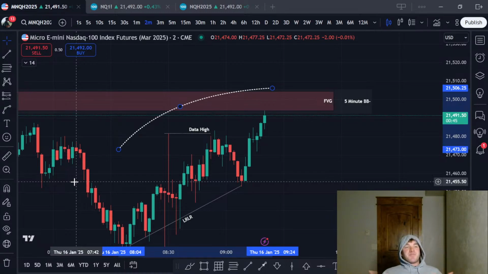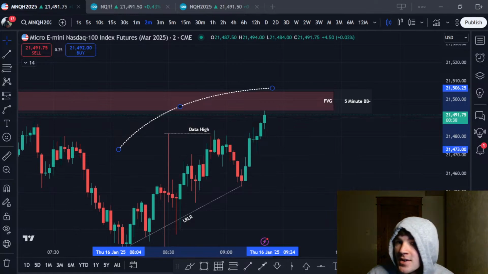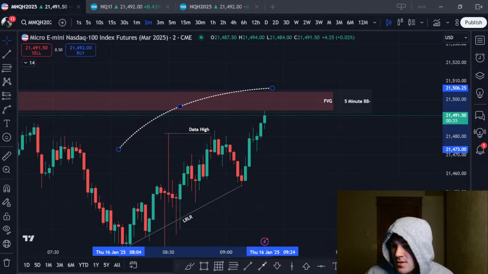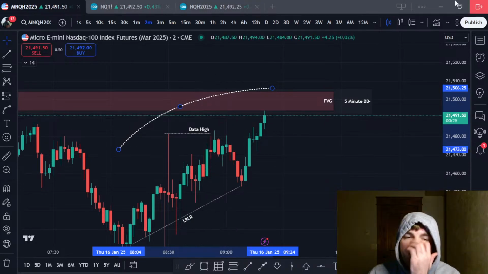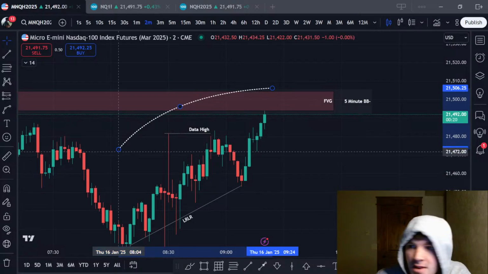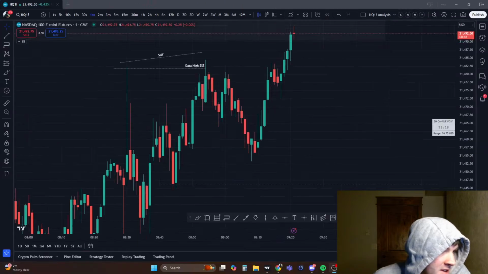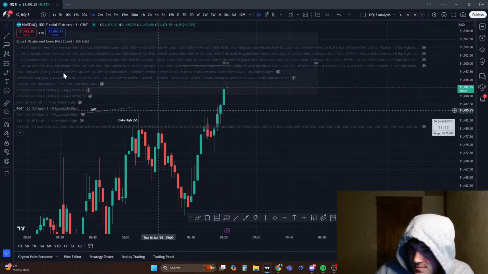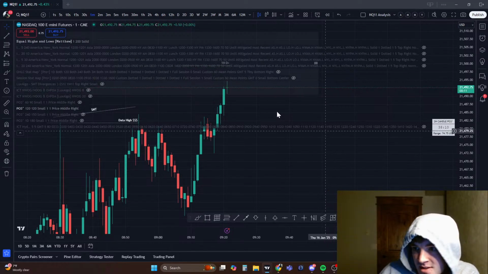Like I've been saying, we are just waiting. But I did see this breaker for value gap as an area we could go to. All right. I'm curious if we had any stat map level here. So let's go over to my other chart just real quick. Yeah, we still have that 1 hour distribution level. That's a nice confluence, honestly.